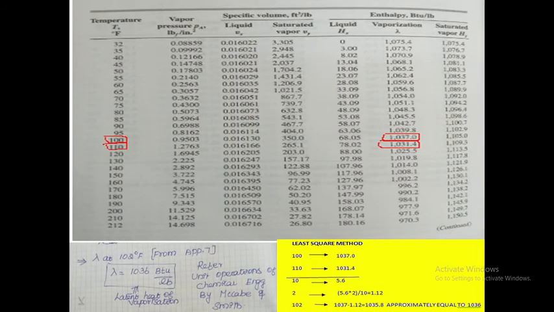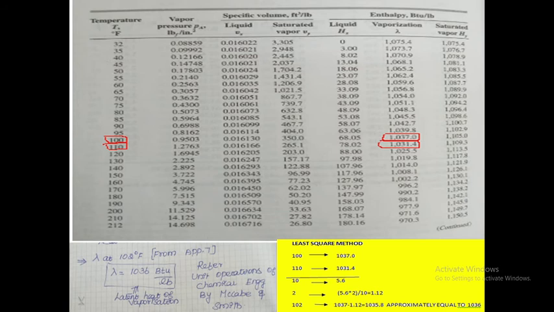Next one, the latent heat of vaporization, that is the lambda value, taken from the steam table at TWB. What is TWB? The outlet wet bulb temperature, that is 102 degrees Fahrenheit. So this is the appendix 7 table. This is the steam table, and this table is based on FPS units. This is taken from Unit Operations of Chemical Engineering by McCabe and Smith. You refer to that book. This is appendix 7. From this table, we are going to take the lambda value at 102 degrees Fahrenheit. Are you clear or not?